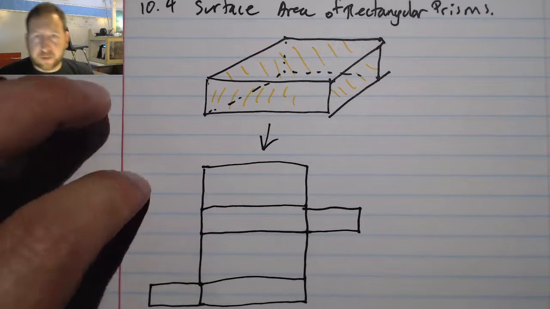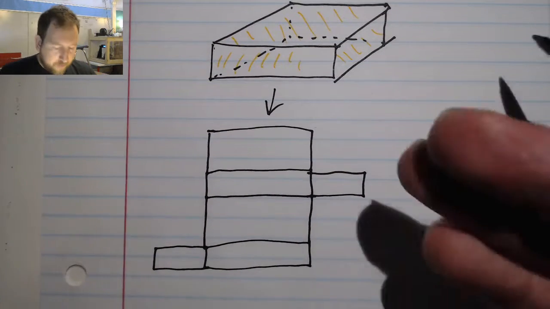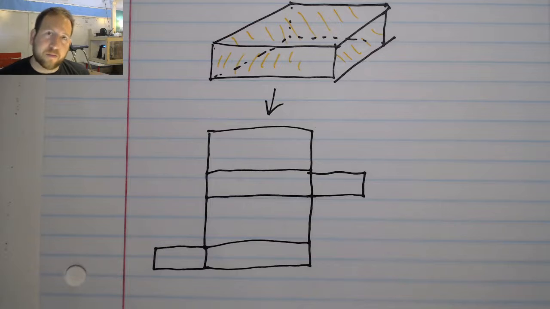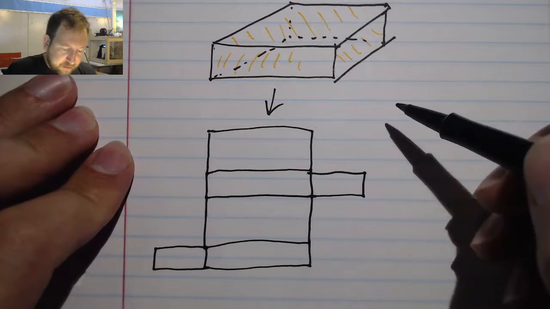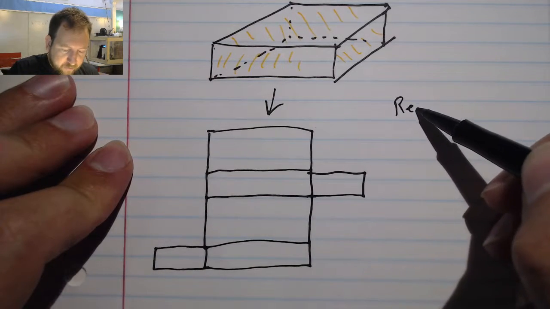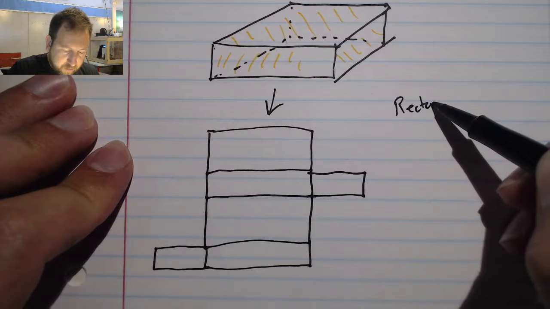Now, of course, it's not perfect, but you can see that if I were to fold it up into a box, I would have all the pieces necessary, and it might not fit perfectly, but I pretend in this case that I could. Now, in this case, the measurements of this rectangular prism,